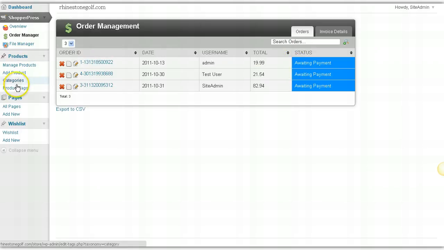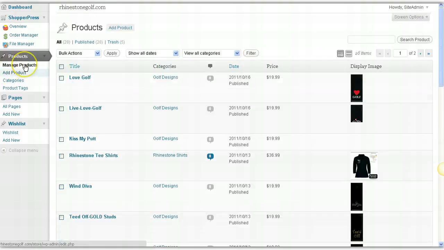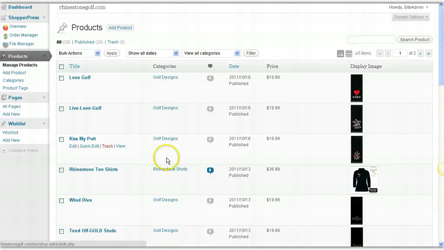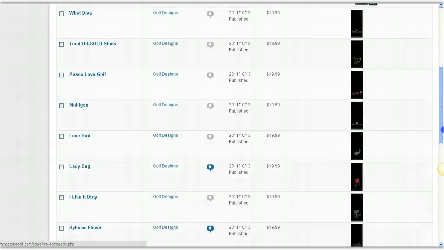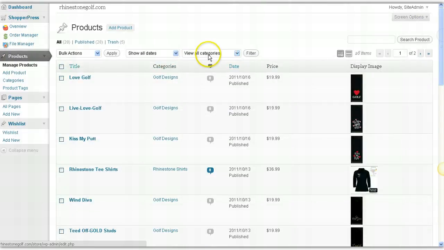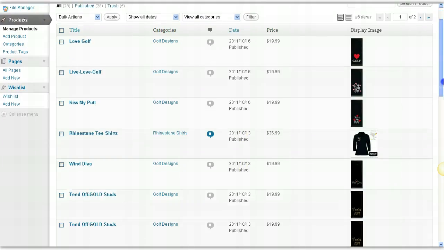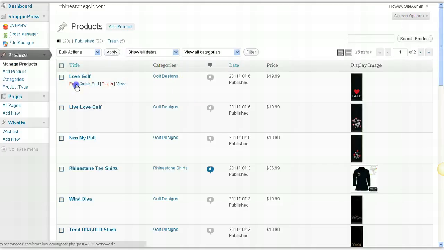And then if you want to manage the products of your website, simply click on Manage Products. When you manage your products, when you click here, you will see all of the products of your website. All right. Now you can view by categories, or you can view all of them at once like we are here. Now let's say you want to edit a product. Very simple. Simply click on Edit,